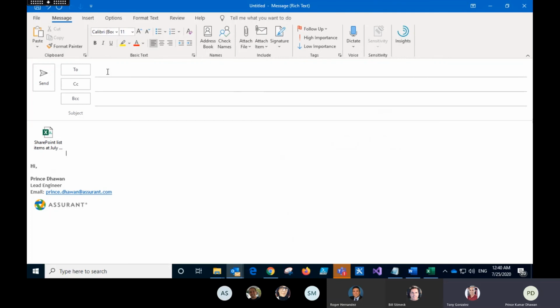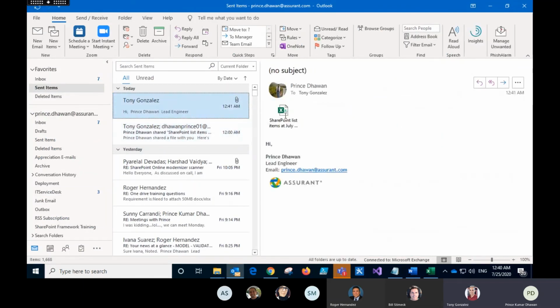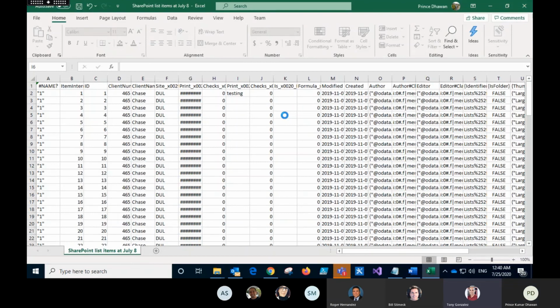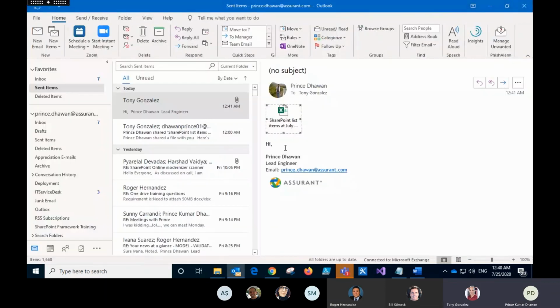So now if I share this file with you, can you try to access it? Okay, send anyway. I have sent you this file, which is with a link. So this is a cloud icon file. Okay, I'm opening it. Let's see. Because when it comes to external users, we need to look at the policy which is applied at